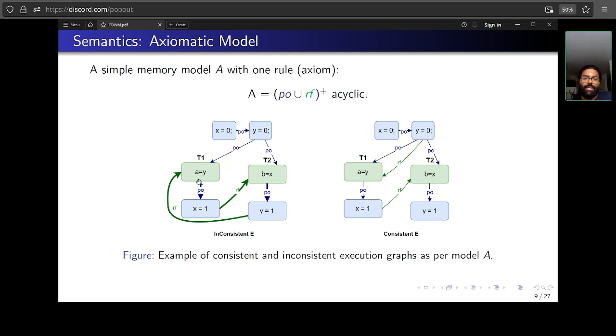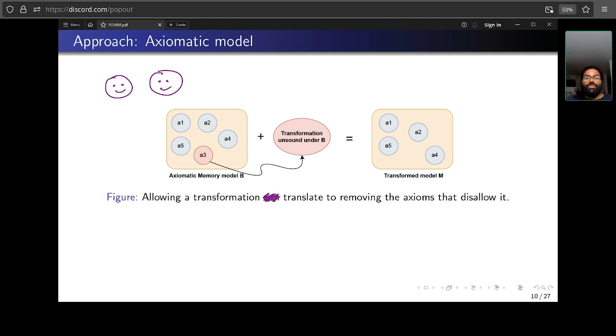So let's say here, for instance, this is one axiom, which is purely acyclic RF, and with that you can justify that load buffering is disallowed. So we thought, okay, why is this not allowed?